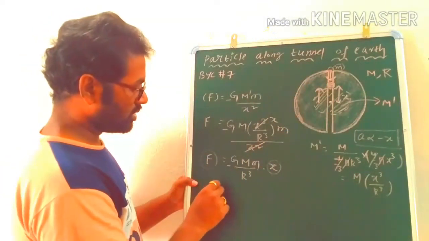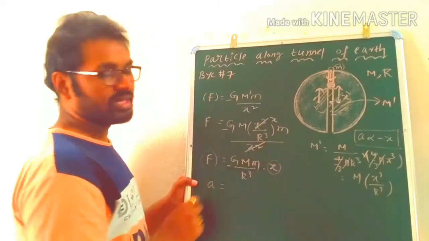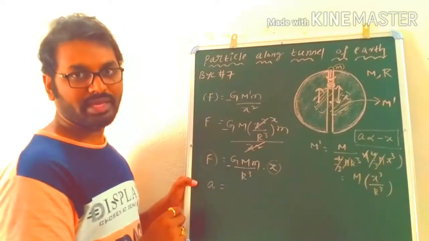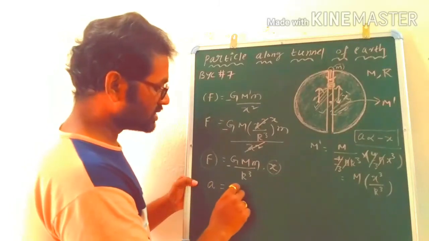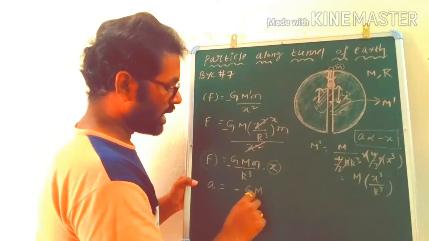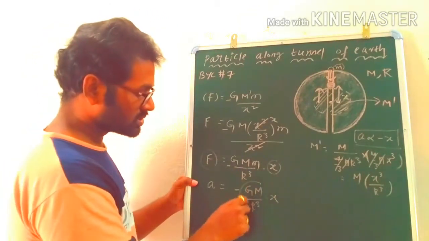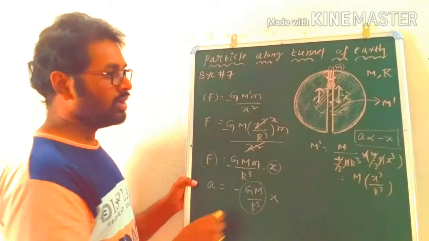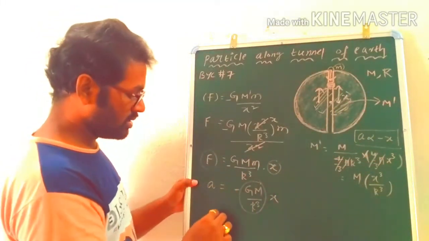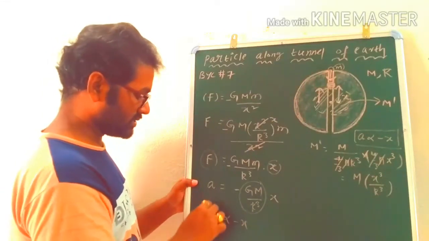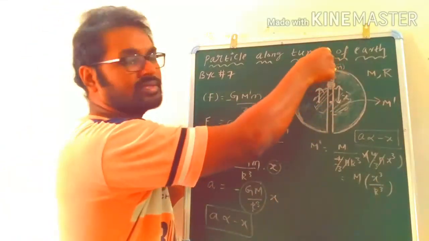So here, if you find the acceleration, you just need to divide by the small m, because a is equal to F by m. You take this entire expression divided by the mass of the particle, then you will get a is equal to minus GM divided by R cube into x. There you can see this term is constant, and what we are expecting here, the relation between acceleration and displacement, we got exactly. A is proportional to minus x, as the particle is dropping from the surface of the